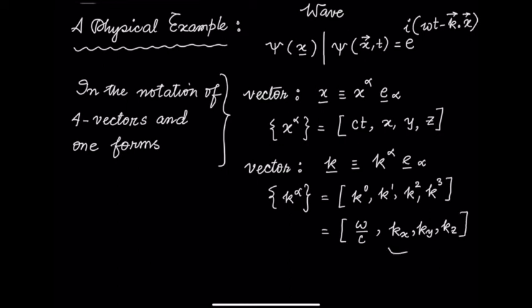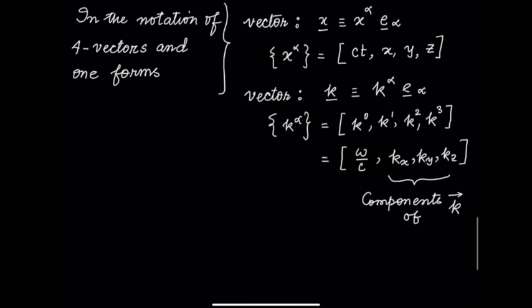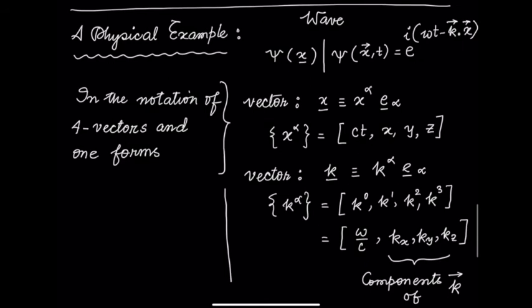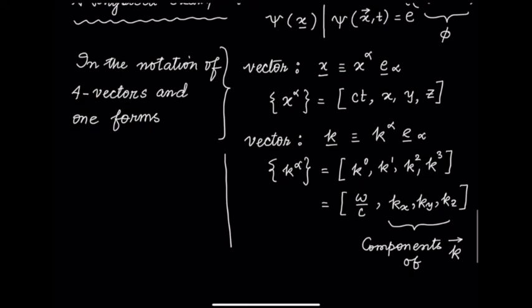So let me emphasize that these are components of the vector k. This is a 3 vector k. Okay. Now if I have this, then this entire quantity, if I call it say phi, which is the phase,